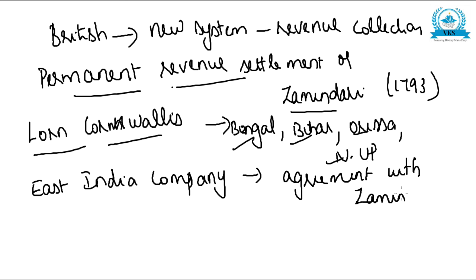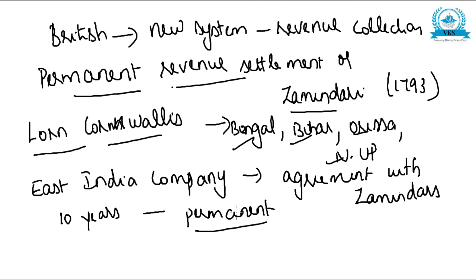First it was introduced for 10 years and later it was made permanent, and hence it was called permanent revenue settlement. And in this system, Zamindars were given permanent ownership of the land,